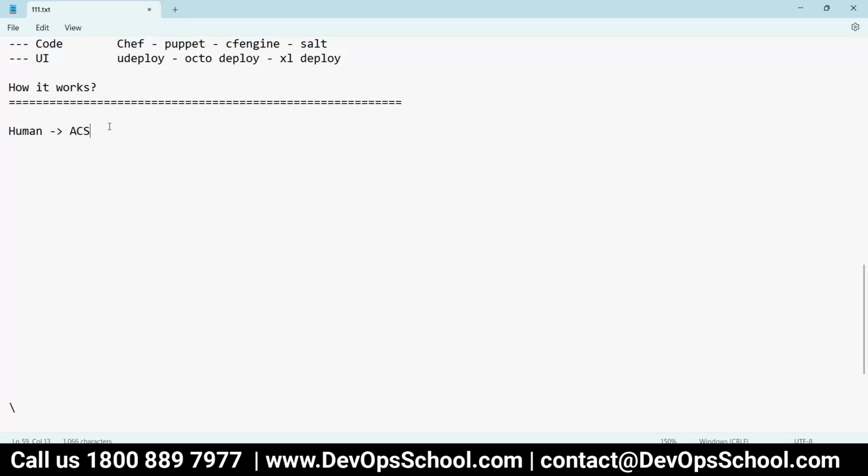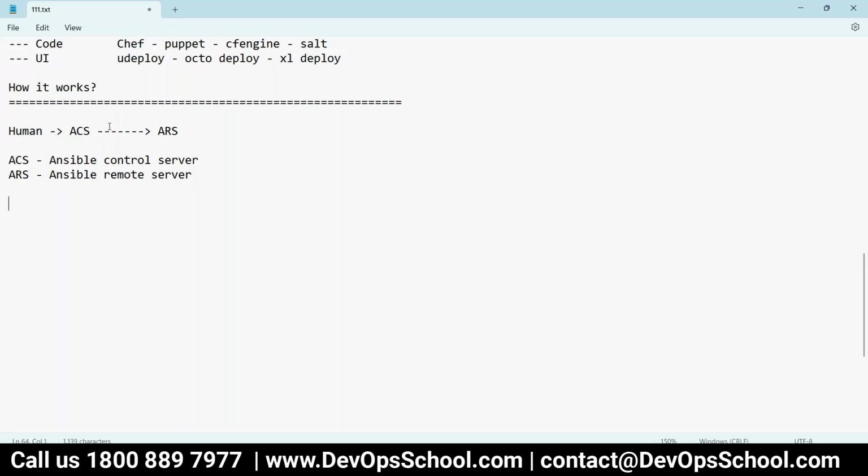What does ACS stand for? ACS we call Ansible Control Server. And ACS manages the ARS. ARS stands for Ansible Remote Servers. So Ansible Control Server, and ARS, Ansible Remote Server. Now, the next question you will ask is, tell me more about ACS, tell me more about ARS.